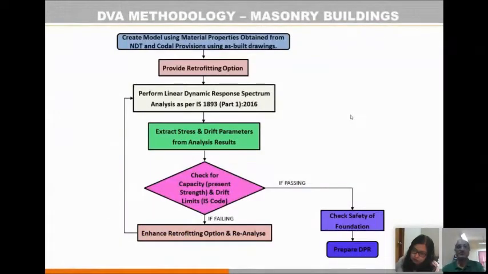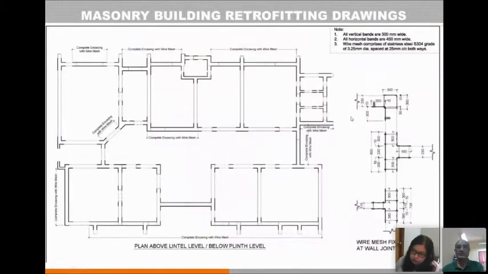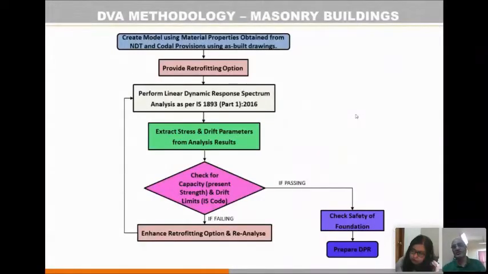Whatever design and retrofit strategy you carry out should be adopted in your model. Check and cross-check whether all the permissible stresses in terms of compression, tension, shear, bending are within the permissible limit as provided in the different codes,